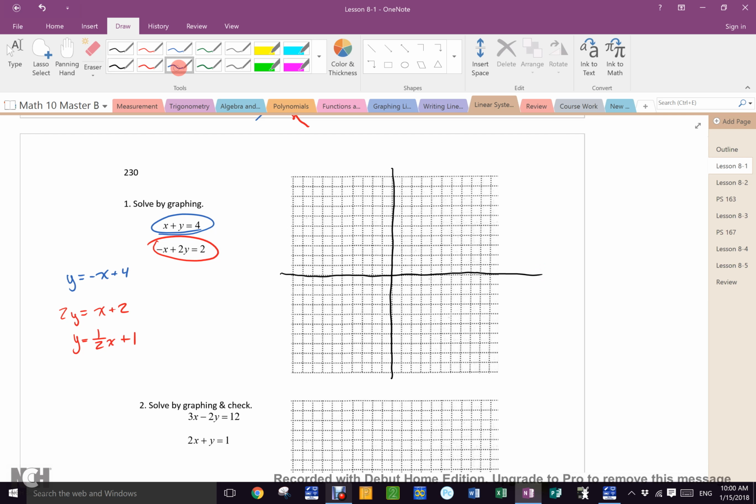So where do I go for the blue one? +4. 1, 2, 3, 4. And then I need a slope of -1. So how do I do that? Up 1, left 1. So this line here